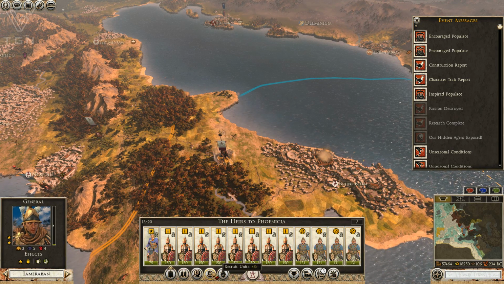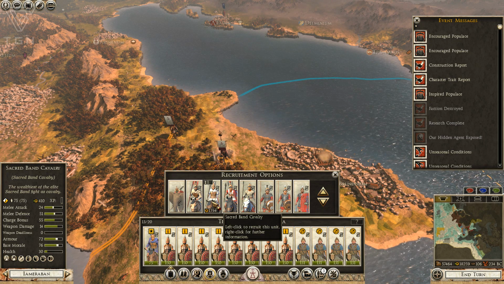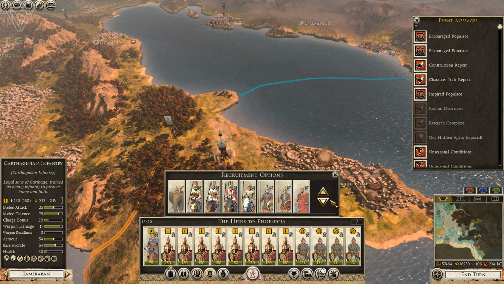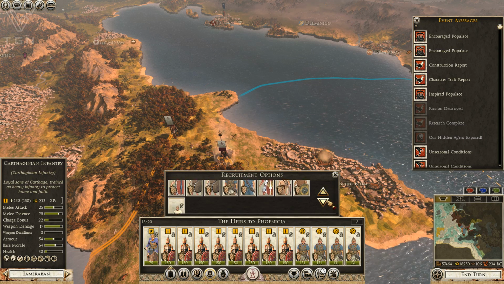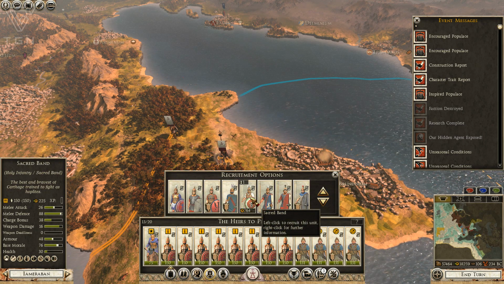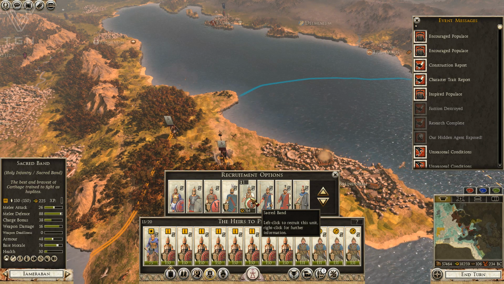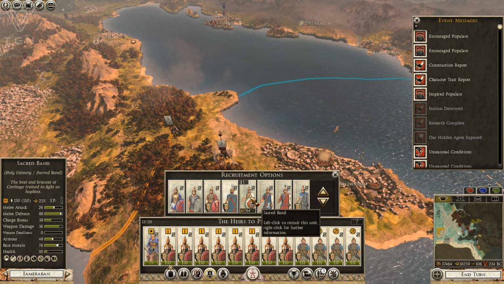And let's see what we can recruit. Oh yeah, lots of good stuff here. Sacred Band Cavalry, yes. Carthaginian Pikemen. Lots of units we can get out here. Sacred Band, holy crap, yes. Oh yeah. Let's see, so